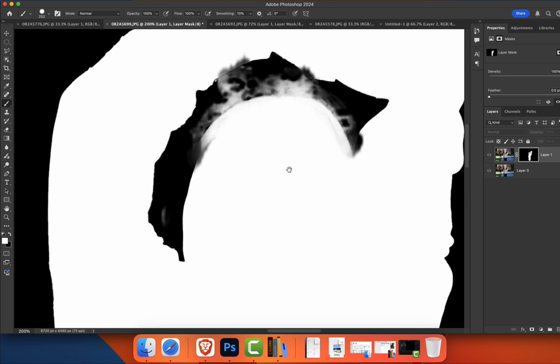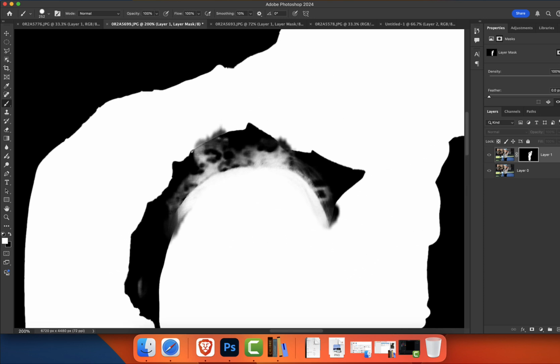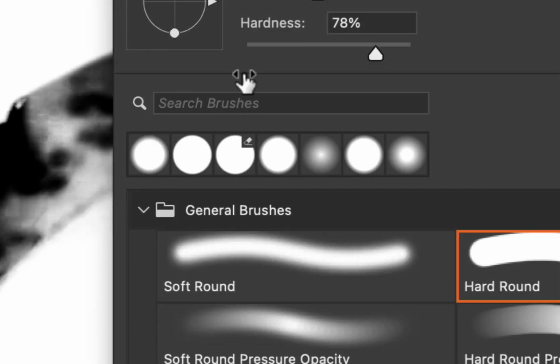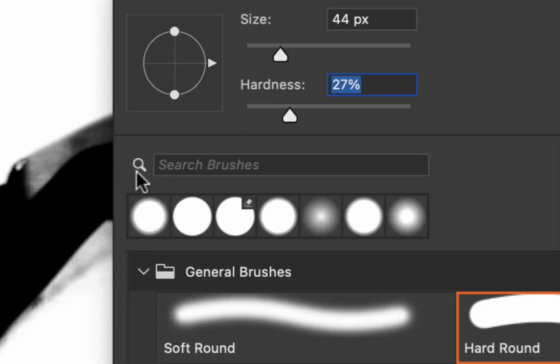Okay, so this is really gonna clarify things for us, right? I'm gonna press B, right click. I'm gonna drop down the size just a tad. We're gonna clean this up. We're gonna clean that up. I'm gonna press X, reduce the size. Yikes. So it may be a little something like this. I'm gonna reduce the hardness. And now when we hold Option and we click the layer mask,